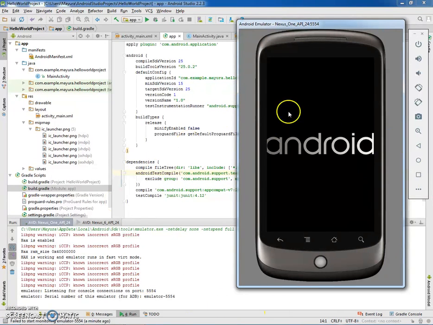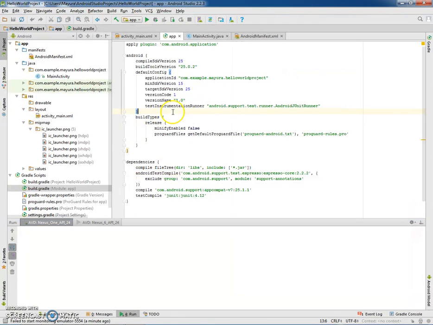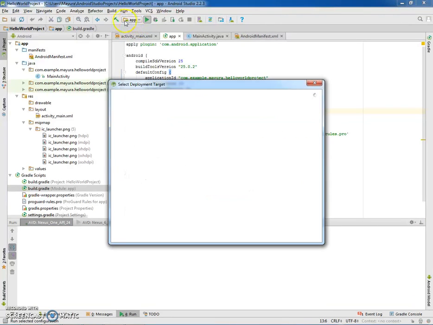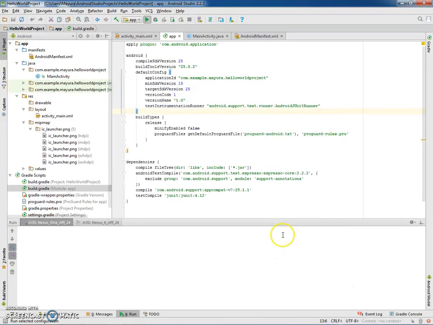Once you launch the emulator, it will be running. Once the emulator is ready, we can launch our application and see the output in this emulator. So now you can click on run of the application. Make sure you have app selected, and here it will show the connected devices. In our case, the emulator is running. So you can select that and click on OK.